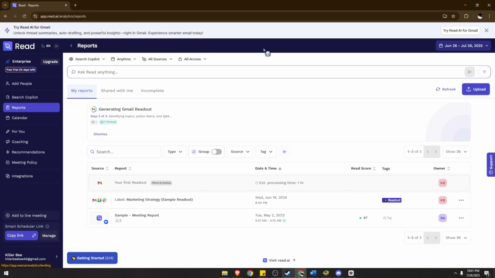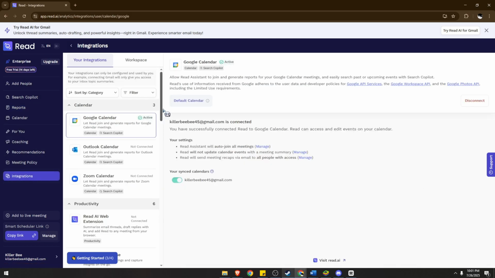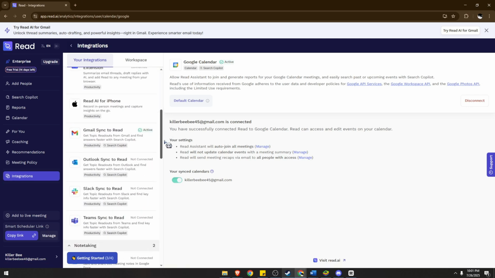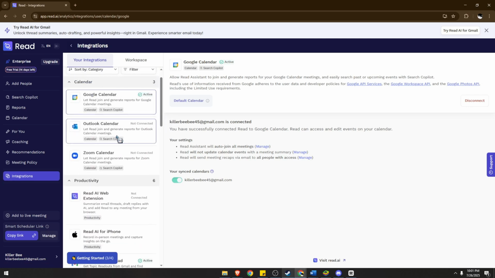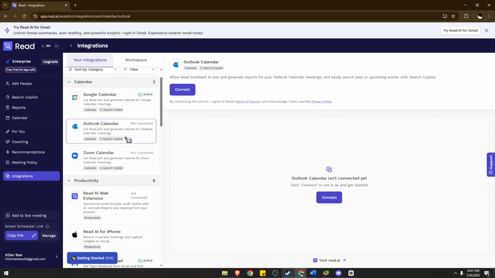Then once on the home page, you can hover right over here on the left panel, click on integrations. Then over here, you have various options. We just need to choose Outlook calendar. So click on this. For example, I haven't connected my Outlook calendar yet, but if, for example, if it's